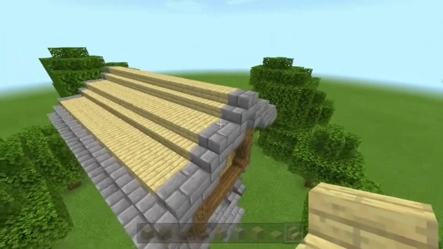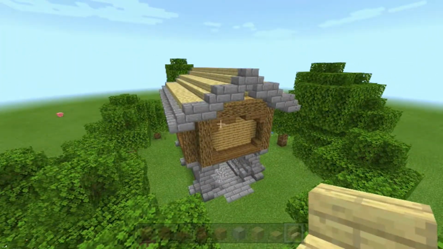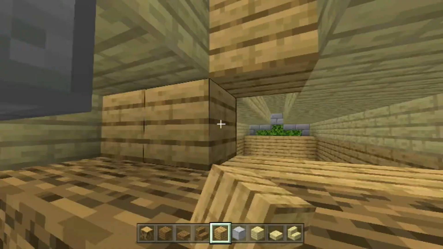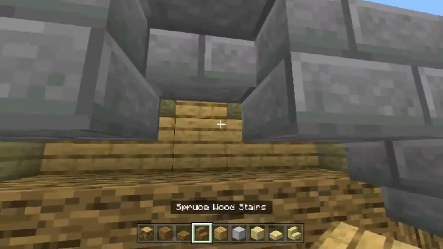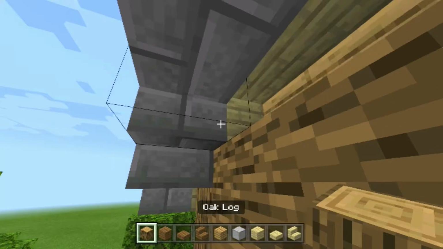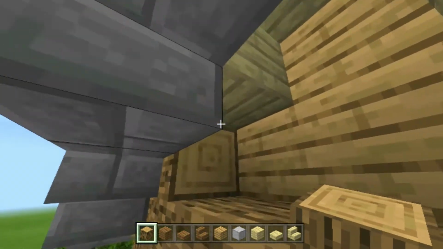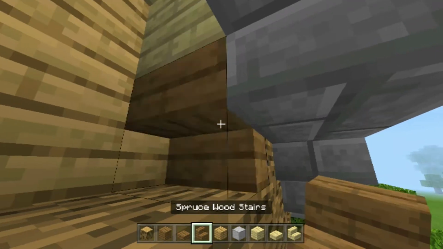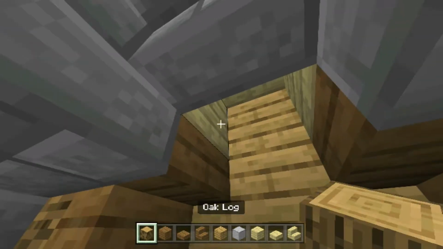Now we're gonna look at it from a distance. I kind of like it. It's not half bad. So we're gonna quickly add the oak here. We're gonna add the support material. So I'm thinking maybe a stair, and then